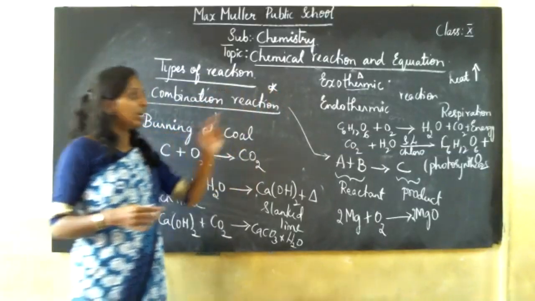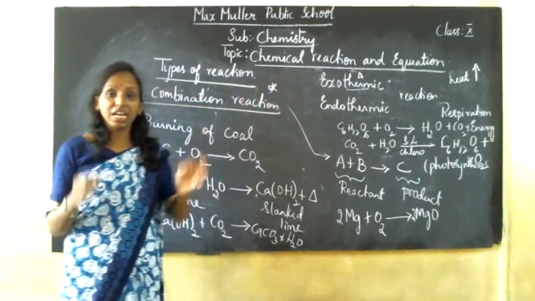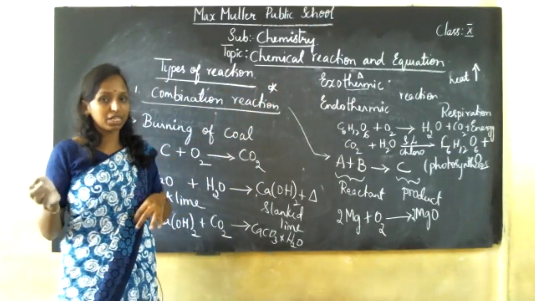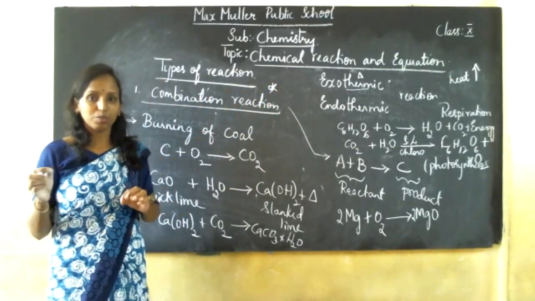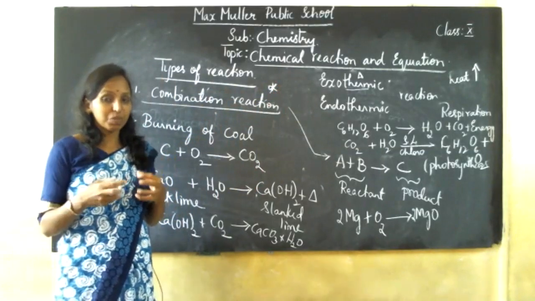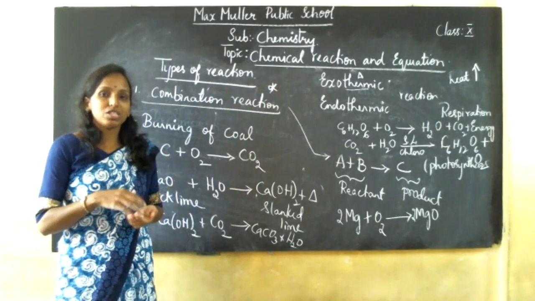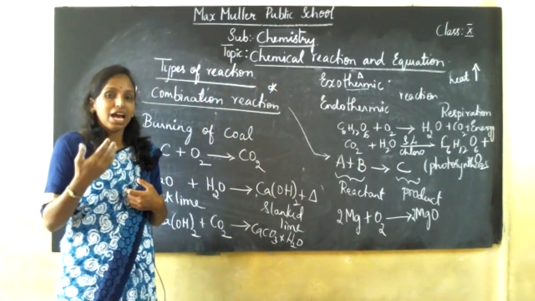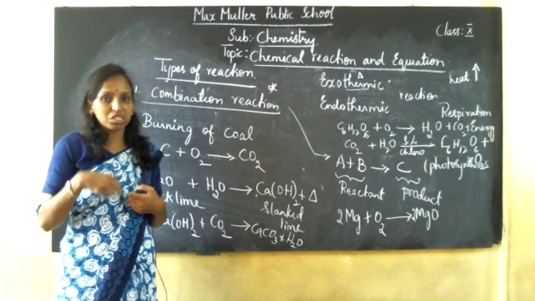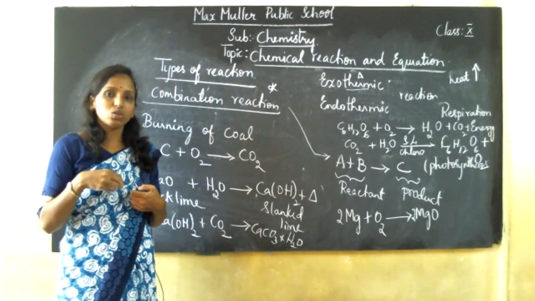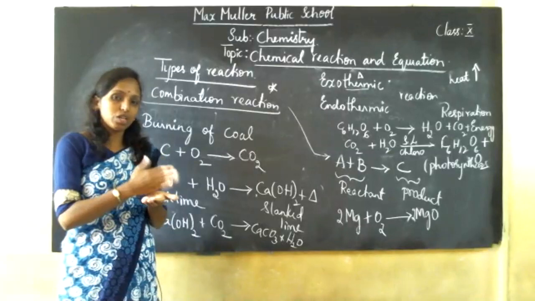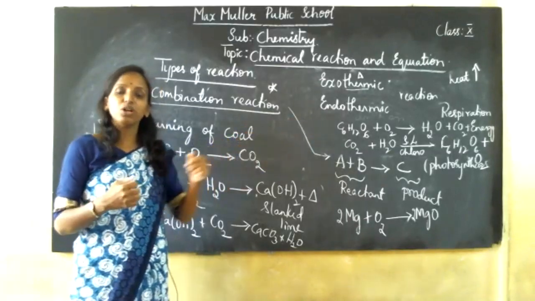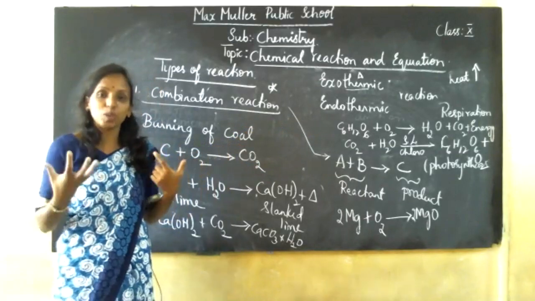Exothermic tells you that in a chemical reaction, heat is liberated. An example for that is the respiration process. How is that respiration? We have glucose present in our body, children. As I inhale, I take in oxygen. With this oxygen, the glucose molecule will break down into carbon dioxide and water molecules, and I am going to get an enormous amount of energy to my body.